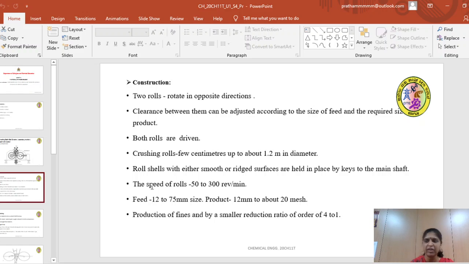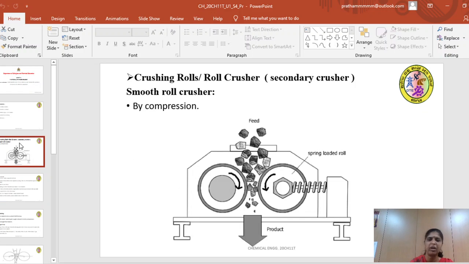So the two rolls rotate in opposite direction, and the crushing rolls will have a diameter of 1.2 millimeter, and the speed of the rolls here is about 50 to 300 revolutions per minute. The feed we admit is about 12 to 75 mm in size, and the product we get is about 12 mm to 20 mesh size, by the compression force of the smooth roll